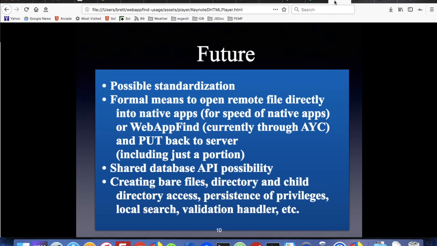But we'd like to have this streamlined as part of WebAppFind. And besides that, we want web apps to be able to get file control. We also sometimes want native apps to be able to retrieve and edit web files, like remote files. So for whatever remote file we might be viewing, we hopefully can use the same technology to pass that on